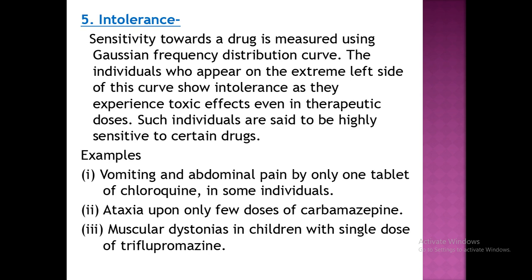So even at therapeutic doses, normal doses, some of the individuals will be experiencing intolerance since they are sensitive to the drug. Examples are vomiting and abdominal pain by only one tablet of chloroquine, which is an anti-malarial, in some individuals. Ataxia, which is a neurological disease